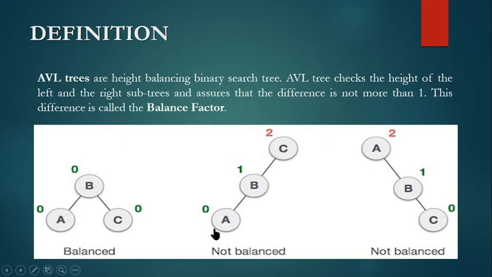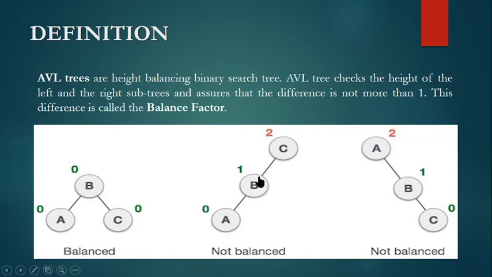Look over here. This is not a balanced one. Come over here. A doesn't have anything, so 0 minus 0 is 0. Come to the parent of A. We have B. Always start from the last node. Don't start from the root. When we talk about binary search tree, we started from the root, but when it comes to AVL tree or red black tree, always go from the bottom of your tree structure. That means start from your leaf.